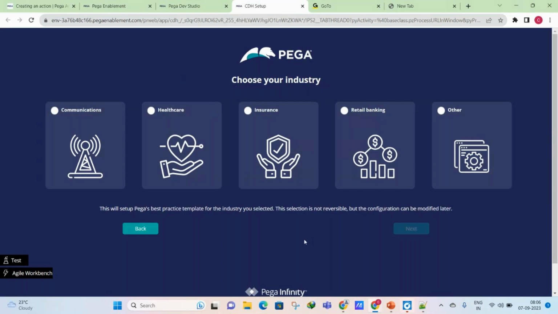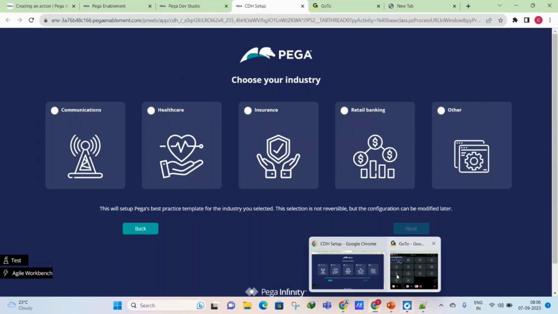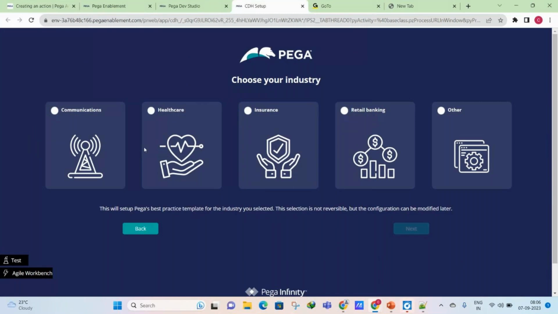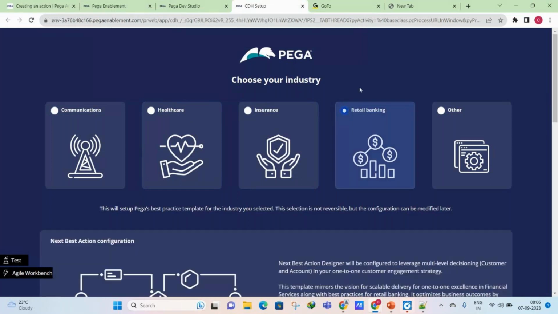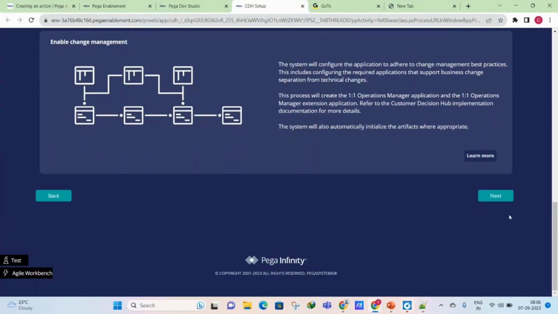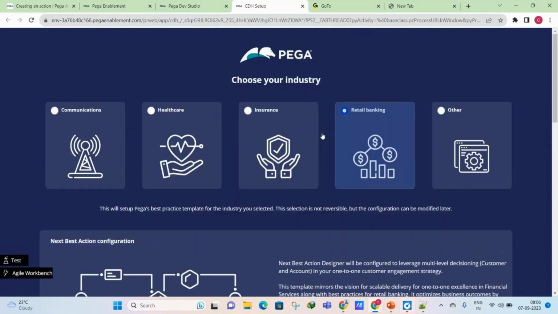Now whatever the application that you are going to create, under which domain that application comes under. So like I told you, I'm creating a banking application. So banking application comes under retail banking. So I'm selecting the retail banking here. Then I just click on the next button. Okay, so depending on the type of business, you need to select the appropriate domain. So why this is important means